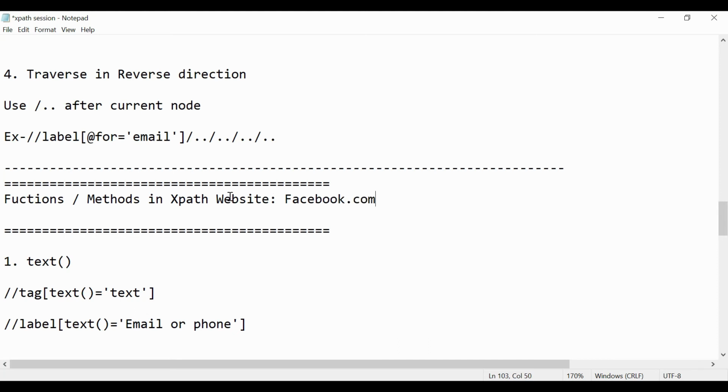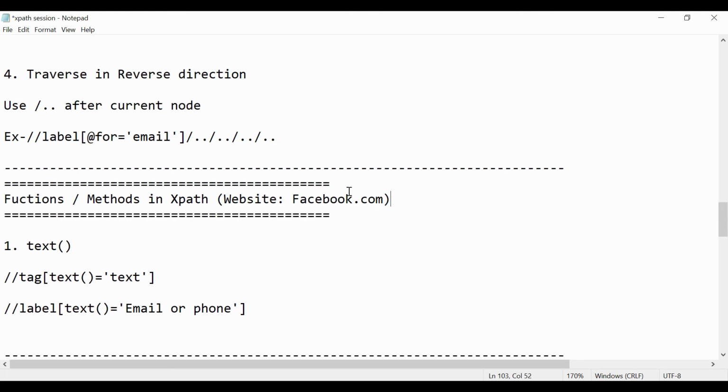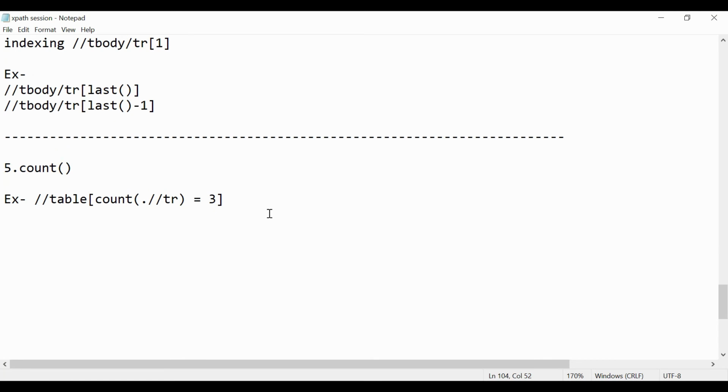Just for your reference we use this website, so if you want to practice you can do that here only. Okay, so let's go and see the next.